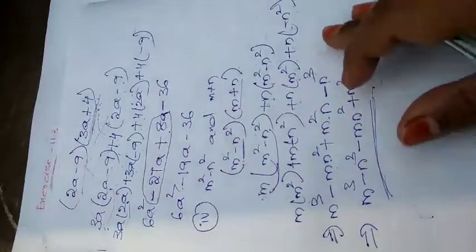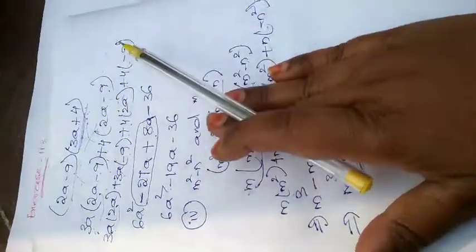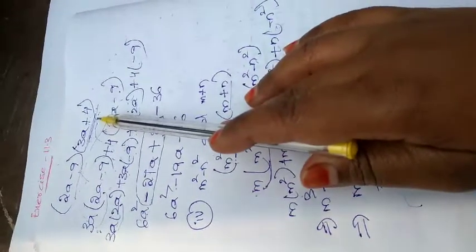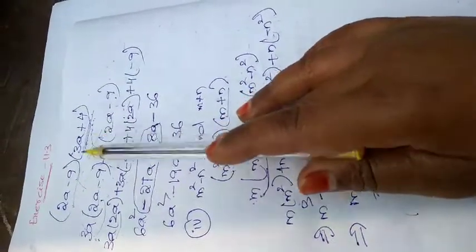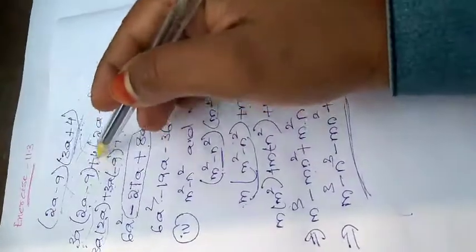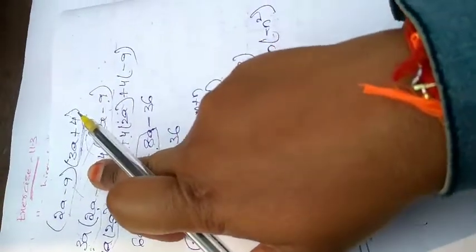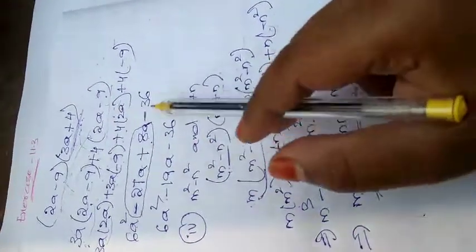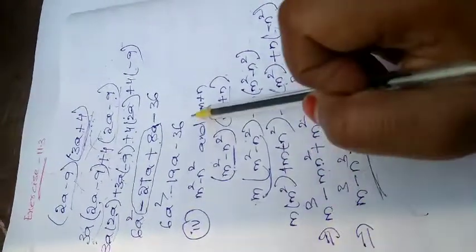So do all these problems and simplify according to this way. Here we should do the multiplication of binomial into binomial. Simple. Write any one of the two expressions 2 times, and the other expression you should split with the symbol, 3a plus 4. Children, if you forget writing plus here, all of them will be under multiplication only. See, without plus, everything is in multiplication only. Right? So now again distribute this one. Here also 4 should be distributed, and simplify. If like terms are there, you can simplify and write your answer. Clear?